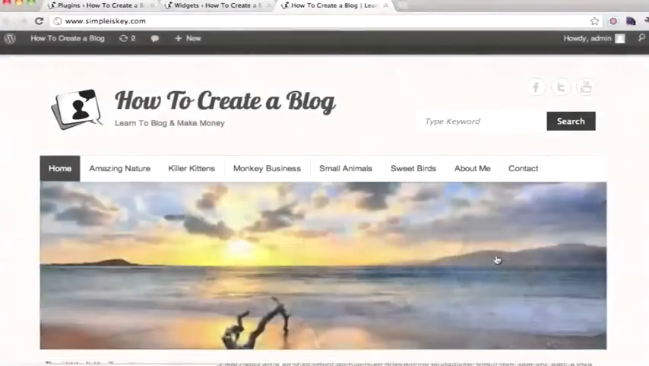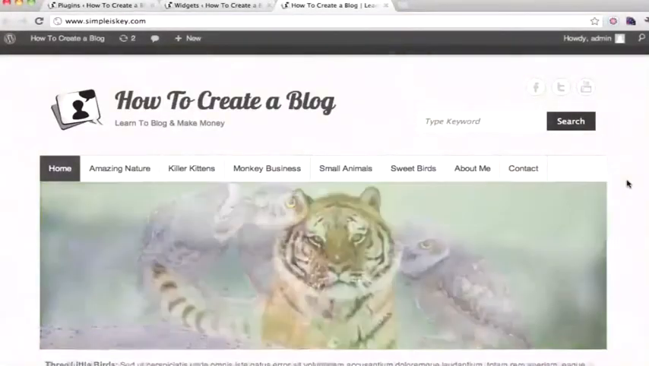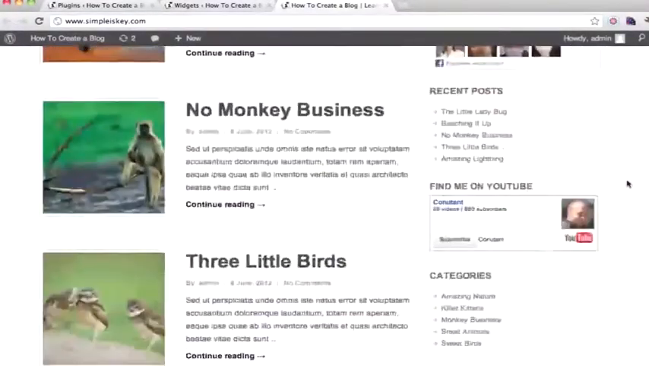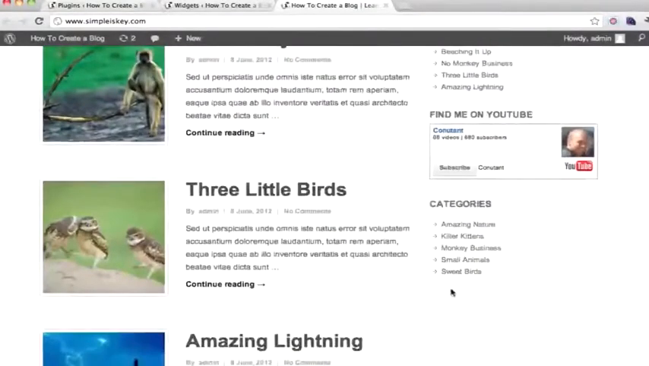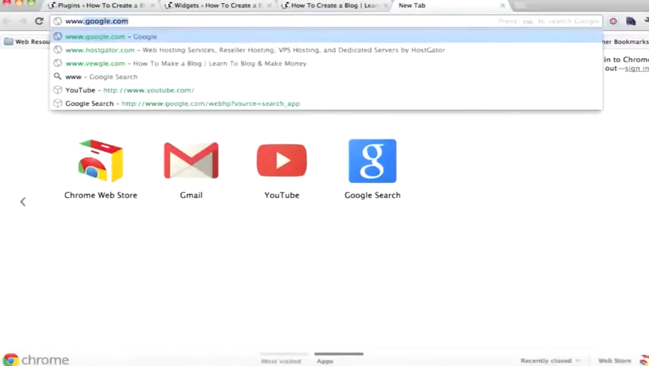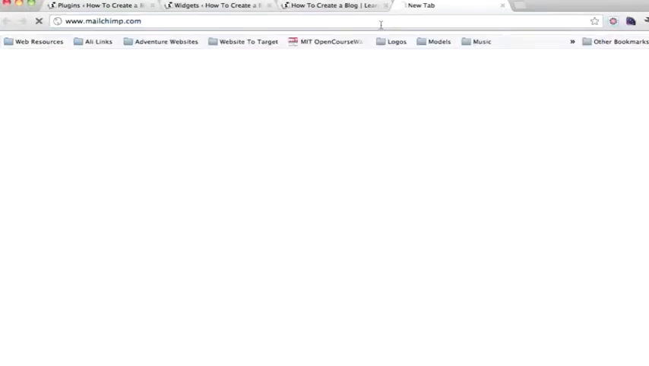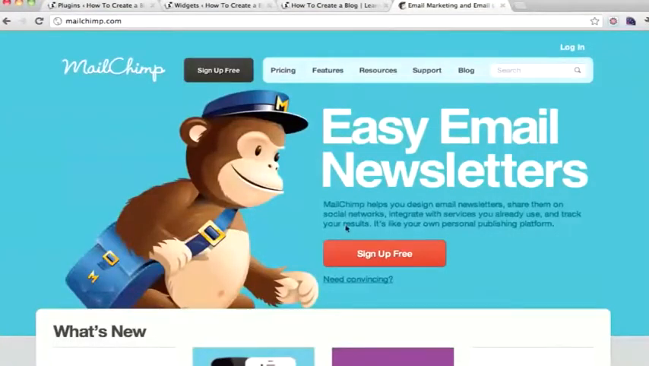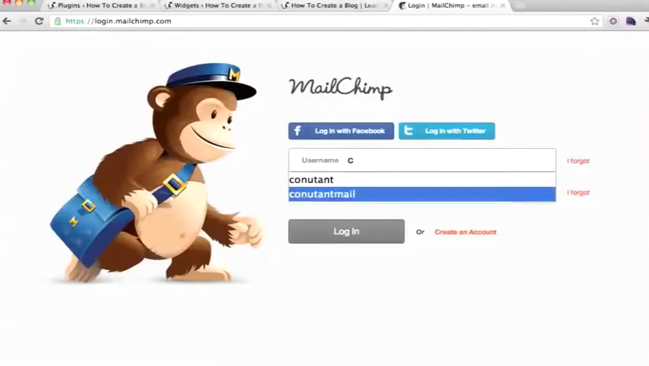Cool. The next thing we're going to do is very important. We're going to add an email subscription sign up so people can enter in their email address and then you can start growing your list of email subscribers. So what we want to do is go to MailChimp.com, and they offer a free email account as long as you have under 2,000 subscribers. And we'll just log in and put in our